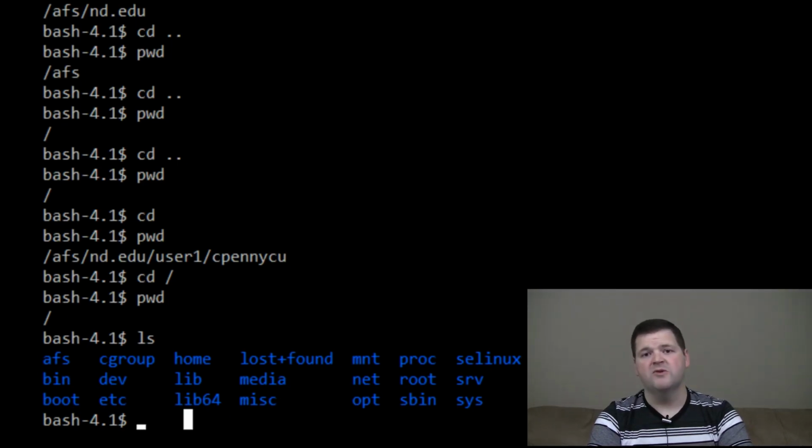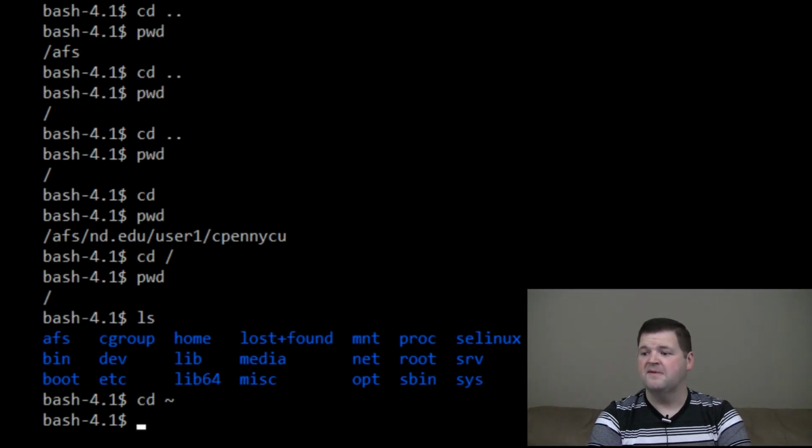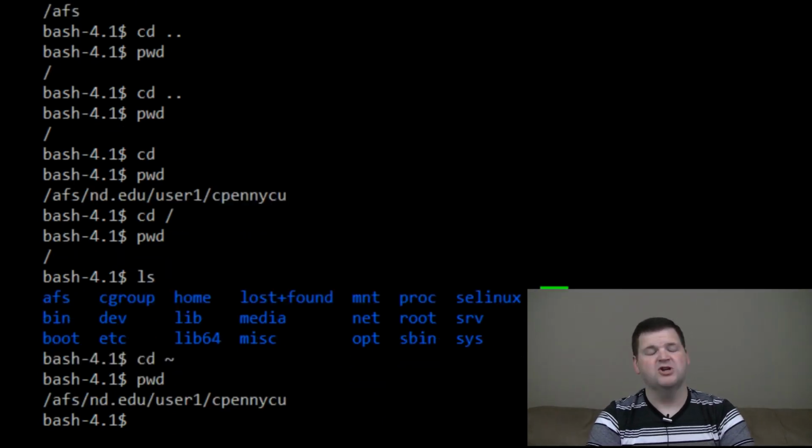How else can I get to my home directory? Well, I can type cd space and then I can type in the tilde. And here, pwd will show you that I'm back in my home directory. Why are there two different ways? Well, sometimes you need to reference a path. And for example, pwd,